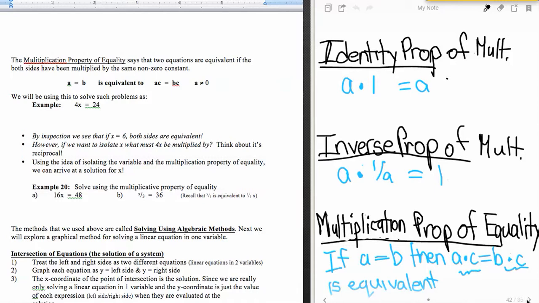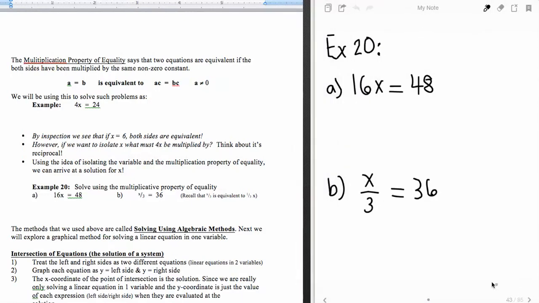This property is really just undoing multiplication. So let's see with a couple of examples here how this works. So our first example up here, we know that we could solve this problem, 4x equals 24, because we know our multiplication facts, right? What times 4 is equal to 24? Oh, well, everybody can say, duh, it's 6. But remember, the thing that we need to know is how could we do that even when our multiplication facts fail us? So example 20 here is how we're going to figure that out,